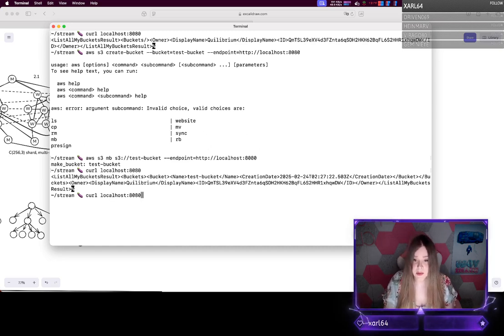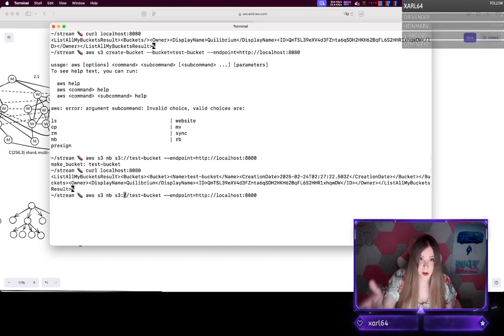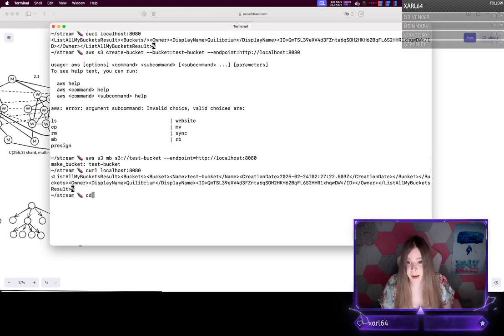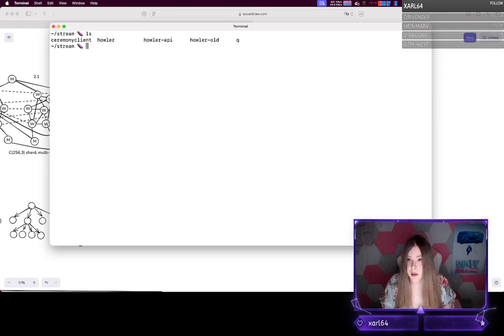The next thing you would do with a given test bucket, by default, it is a public bucket, so if you want to configure that accordingly, be sure to do so. But when you have that bucket, you would then want to put something in it. I need to actually make a file first, so let me just do test file.